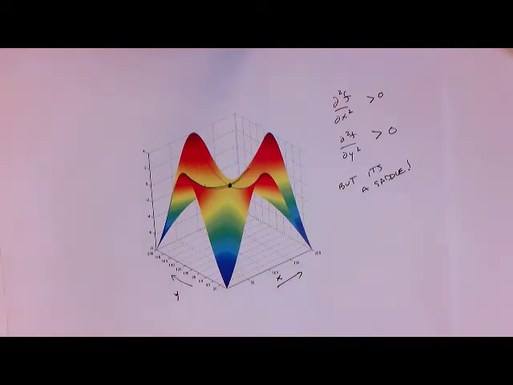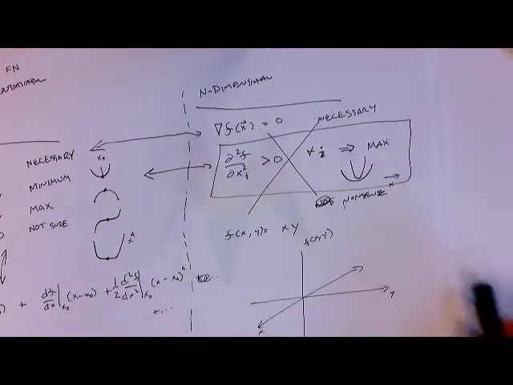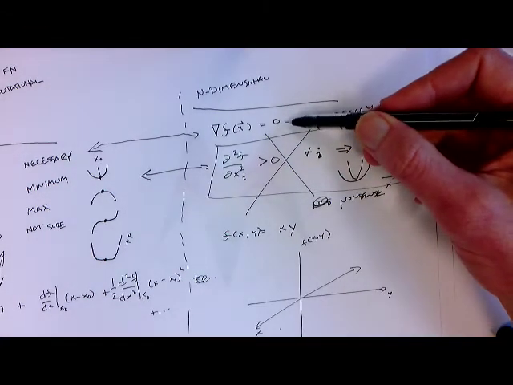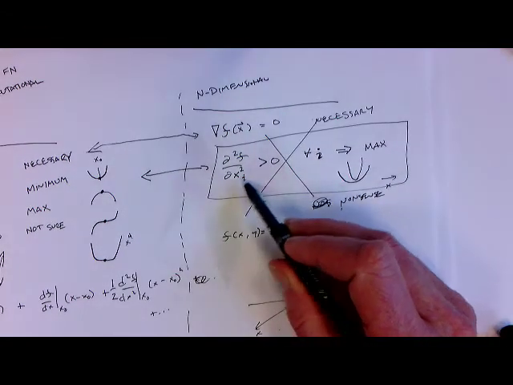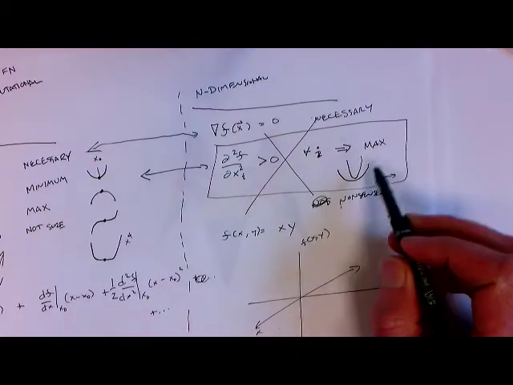So welcome back. In this video we're going to continue this exploration of trying to figure out how you can tell whether you're at a max or a min for a function of more than one variable. So we started out with the proposal, you'll recall in the last video, that maybe the way to tell is if you look at the gradient and you see the gradient is 0, and you also look at all the second partial derivatives, and see that those are all greater than 0, that would imply that